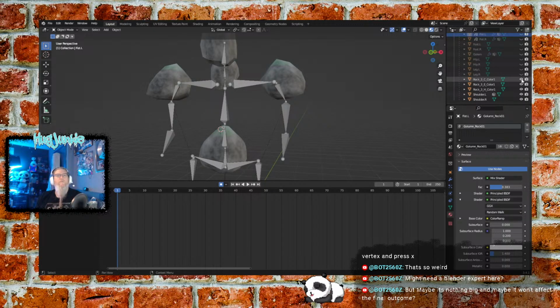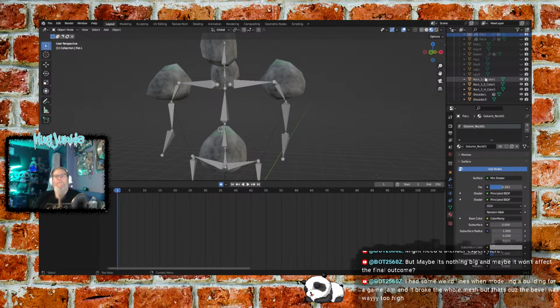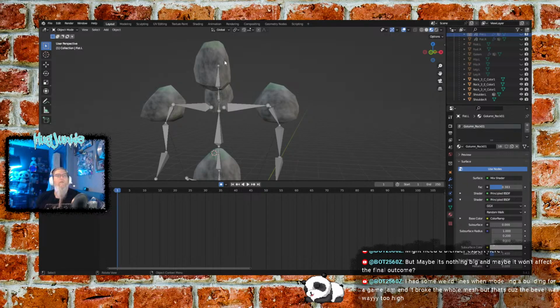I don't know what they called Rock Free Sea Color 1. Why have I named them that? I had some weird lines when modelling a building for Game Jam. And it broke the whole mesh, but that's because the bevel was way too high. Yeah, I played around with bevel and had some weird things happen with that. Yeah, that is the head. There's the neck. And that is